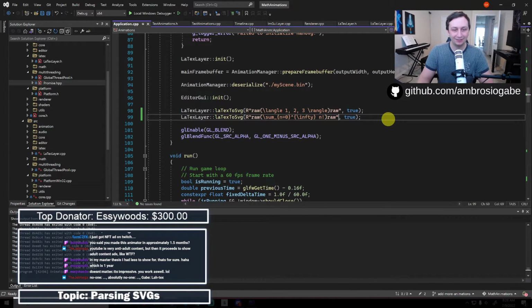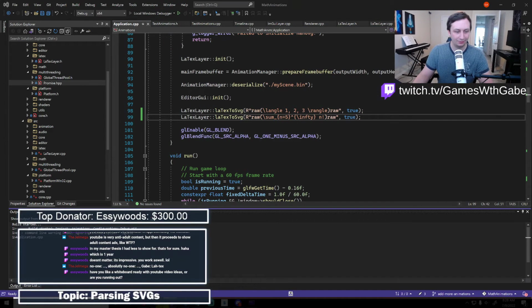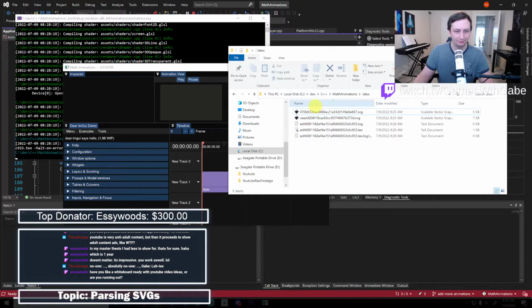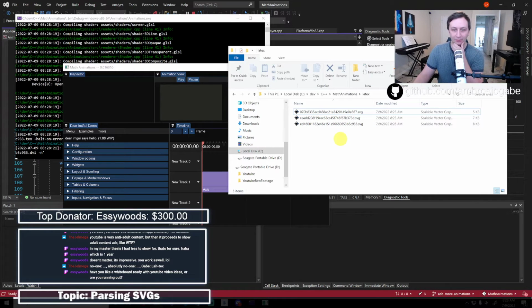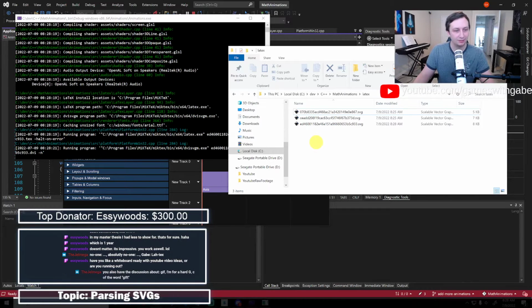So anyways, yeah, you can do this, and you can, of course, change all these things, and it will change up the variable. So like if I were to change this to 5, it's going to regenerate that because it is now a new file. So we'll get a third file in here, which is going to be that modified thing. And you'll notice it creates a bunch of extra files too. That's just because in order to convert latex to SVG, you have to go through kind of a two-step process. So that's what's happening here. I run two programs. I run latex.exe, then I run dvisvgm, which converts one of those output files to the correct output file.